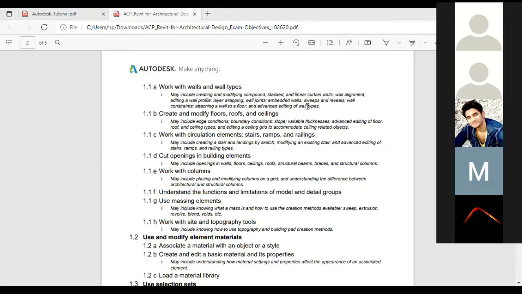They will ask us to go to a specified portion where we need to select a specified curtain wall. As I mentioned, we have to select the correct one, otherwise our answer will be wrong. So we have to select it. Then they say that there can already be a particular material related to the curtain walls, there can be curtain grids, all these things.